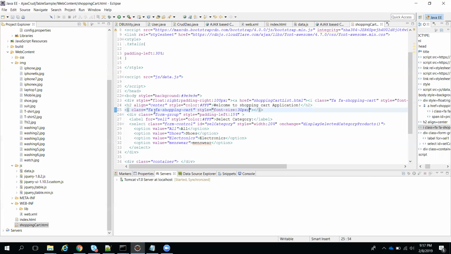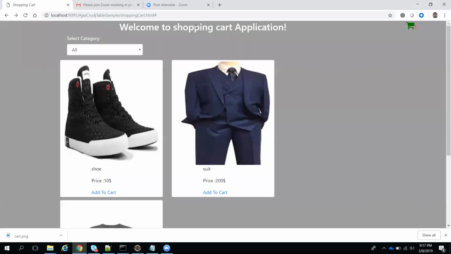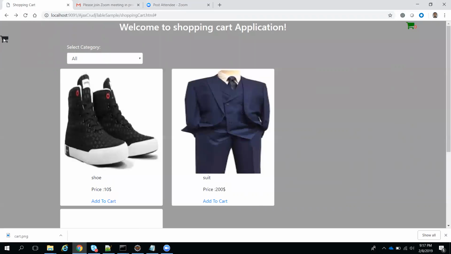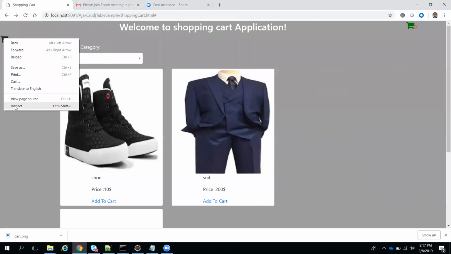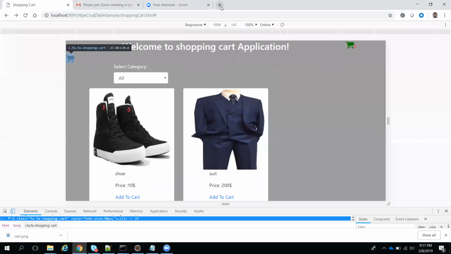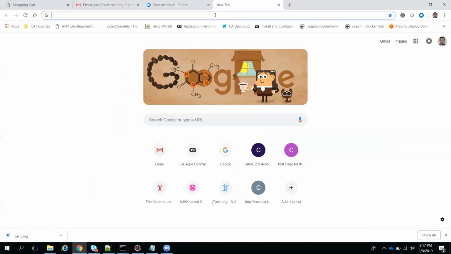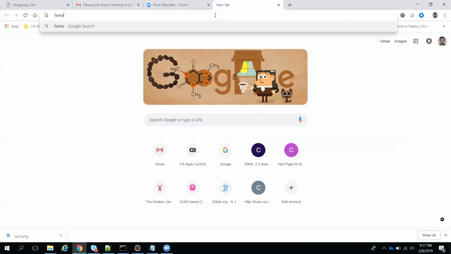Okay, so FA hyphen shopping hyphen cart, this class will give you the shopping cart icon and things like that. We have n number of font icons. I will show you how many icons there are. See here, we got one shopping cart icon. If you search for Font Awesome icons,